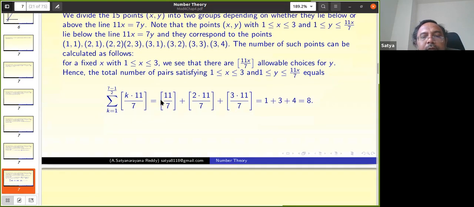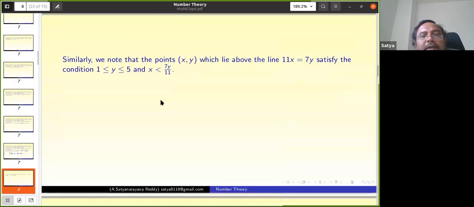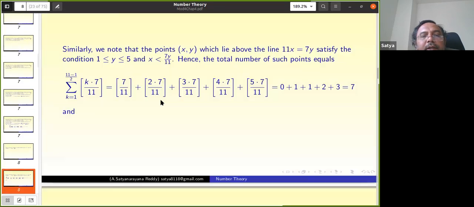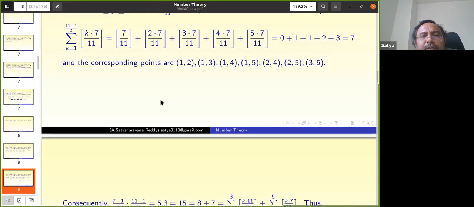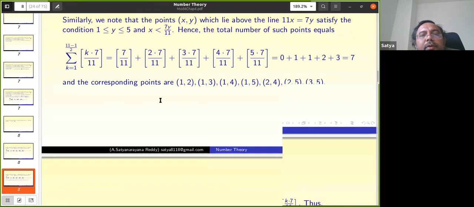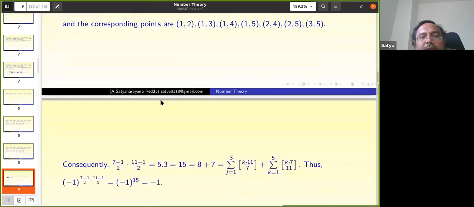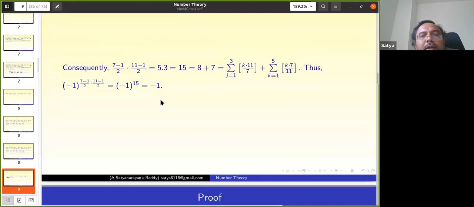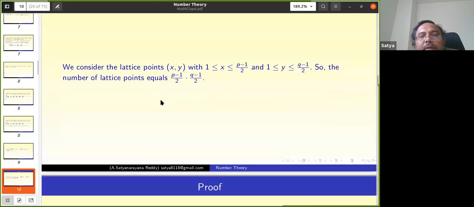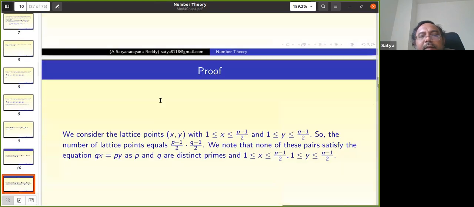Okay. So similarly, we'll fix y and keep changing x, right? So that will take care of the other part. So this is the proof, nothing more. I showed the slides because it becomes easier for you. Then the final result. The proof also goes along exactly the same lines.